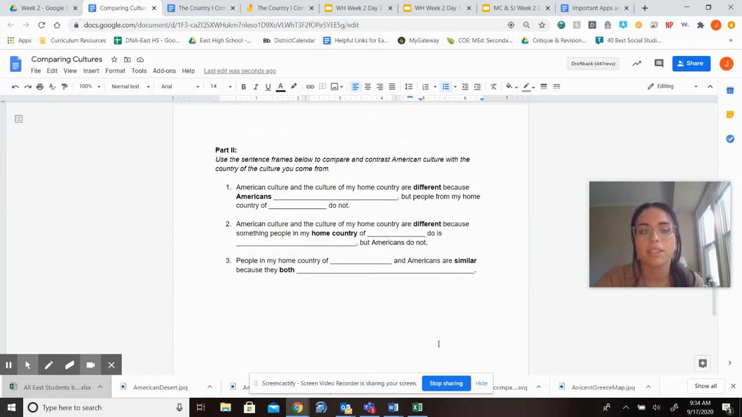Then you need to complete the sentence frames. Here, you need to tell me what Americans do. Here, you need to tell me the name of your country. Here, you need to tell me the name of your country. Here, tell me what people from your home country do. Here, write the name of your home country, and here, tell me what both you and